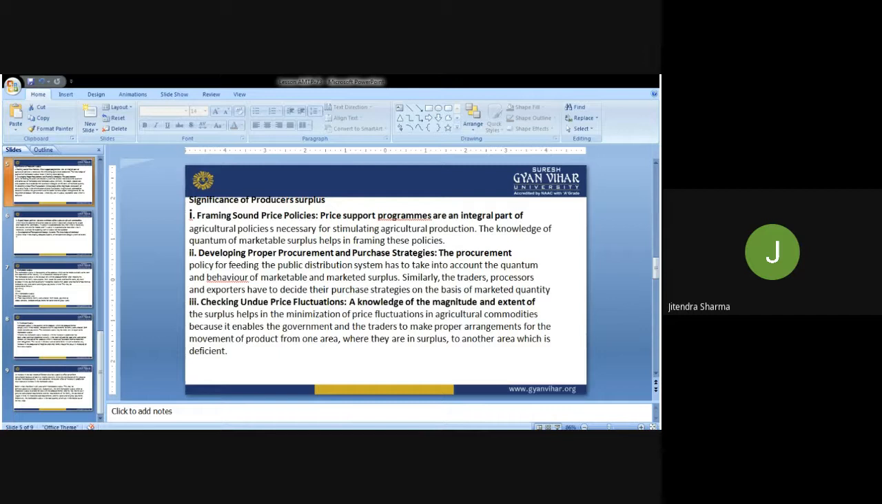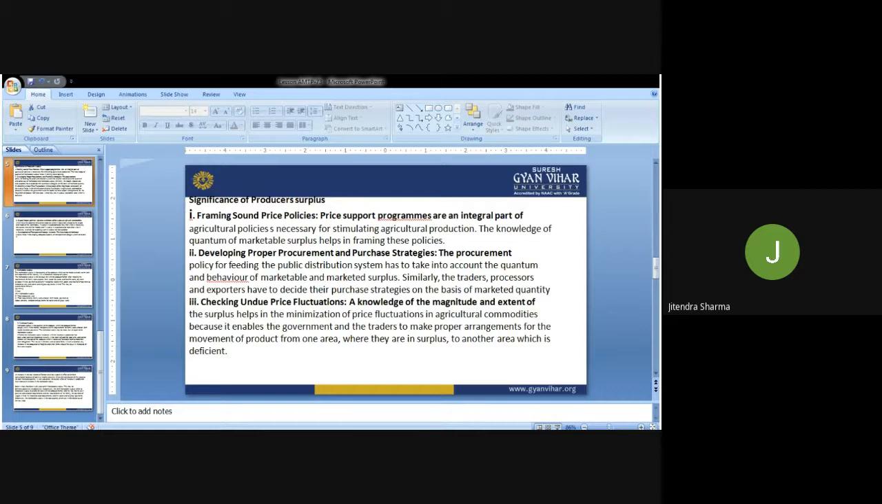So once again, I'll discuss the significance of the producer surplus. We know that framing sound price policies and price support programs are an integral part of the agricultural policy necessary for stimulating agricultural production. Knowledge of the quantum of marketable surplus helps in framing these policies, and in developing a proper procurement and purchase